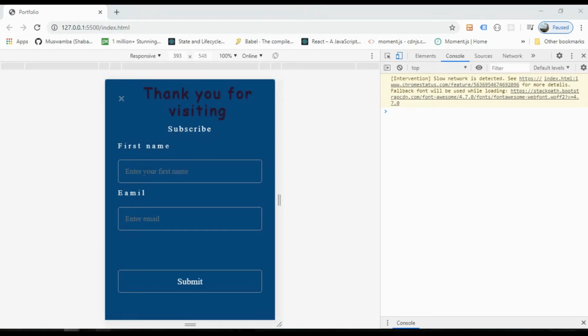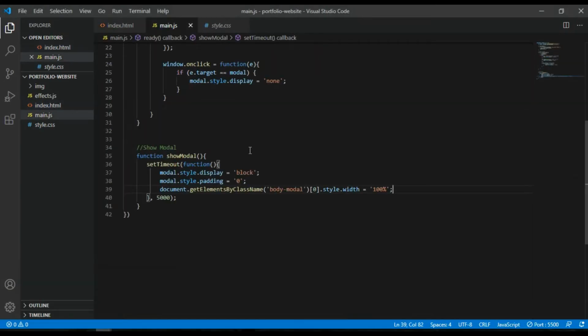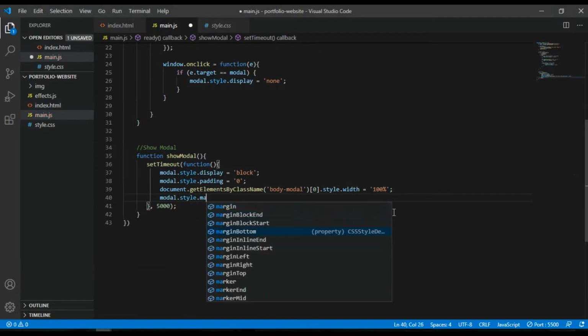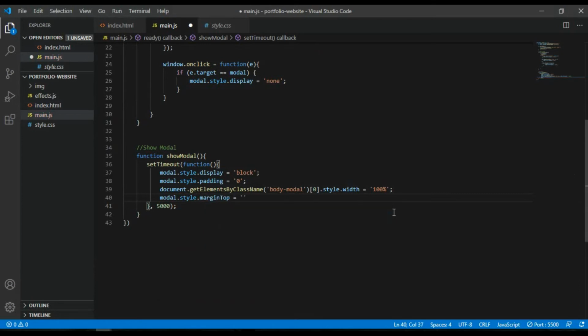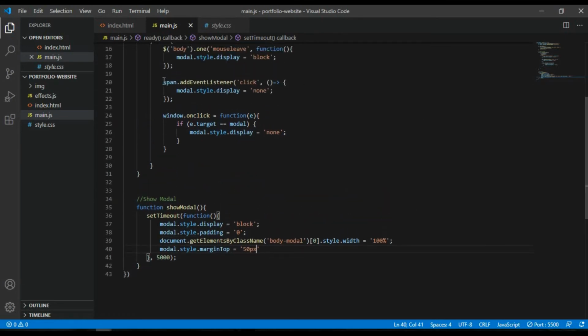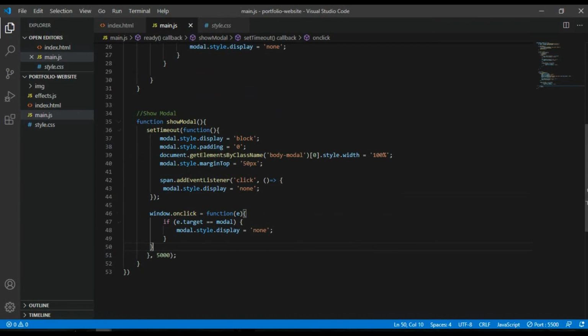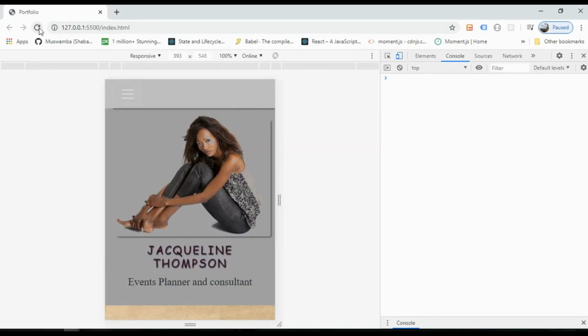So for margin top, I can go back to my JavaScript and say modal.style.marginTop and just do 50 pixels. Before saving, let me copy this code that will help us close the modal and paste it down here. So save the change, back in the browser, reload the page.